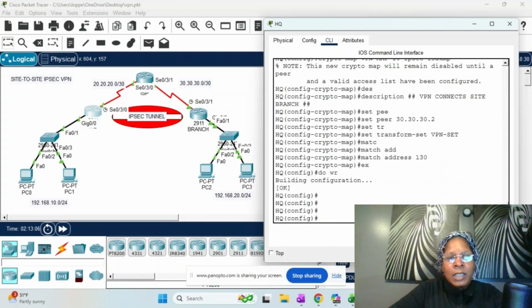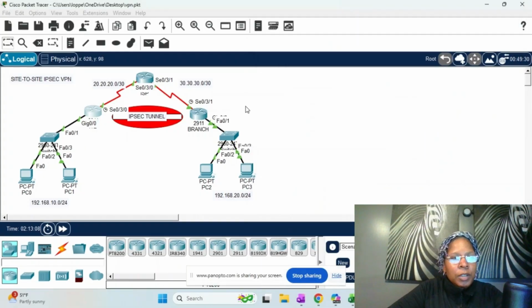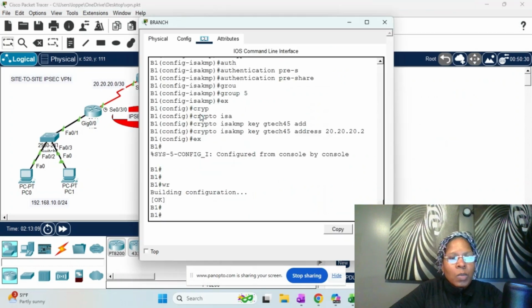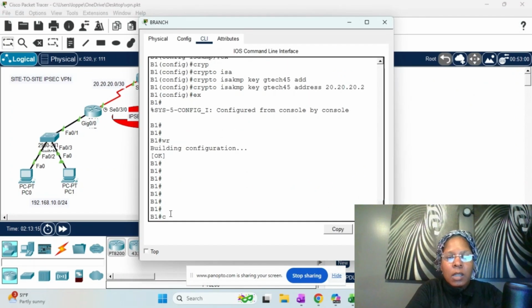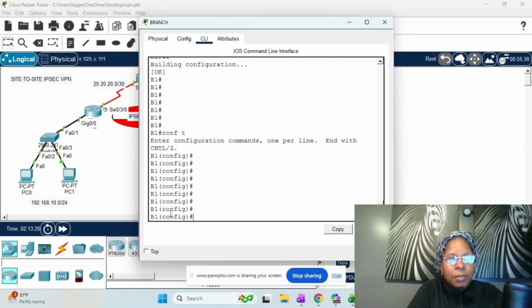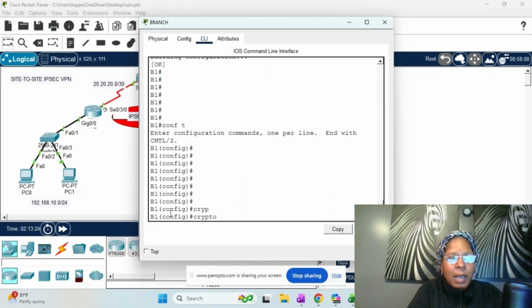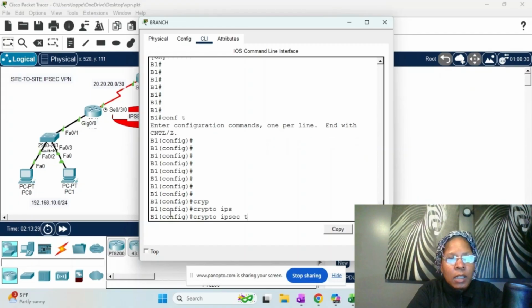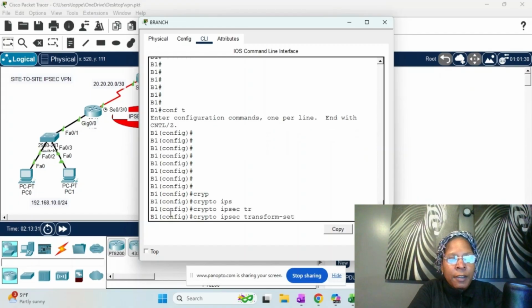Now we'll do the exact same thing to the branch router. Okay, conf t. Now we're in the branch router, so we do crypto. This is phase 2, you guys. Crypto ipsec transform-set, and we named the transform set VPN set,